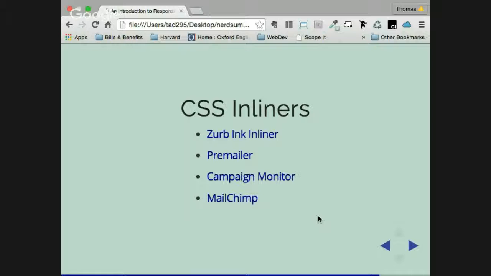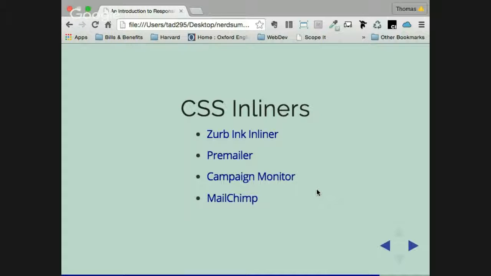And then you're almost certainly going to want to have some sort of distribution service for your emails, even if you don't use their templates, because essentially your personal email server is probably not zoned for sending out bulk emails anyway, right? These companies like Campaign Monitor and MailChimp have specialized servers, so it's not going to raise any red flags for them to send out a bunch of bulk emails. But there are lots of other reasons to use them. One of them is, I use Campaign Monitor, MailChimp has this too,